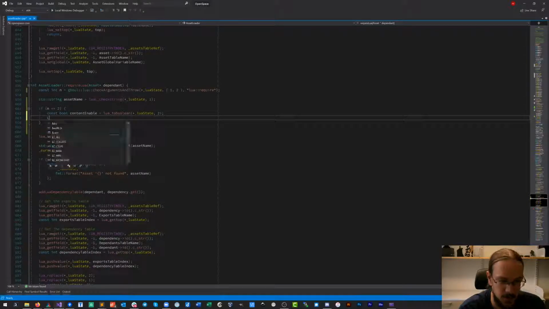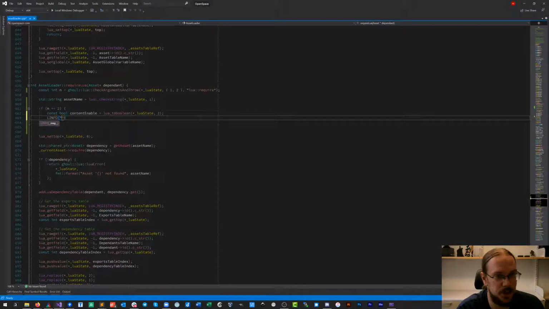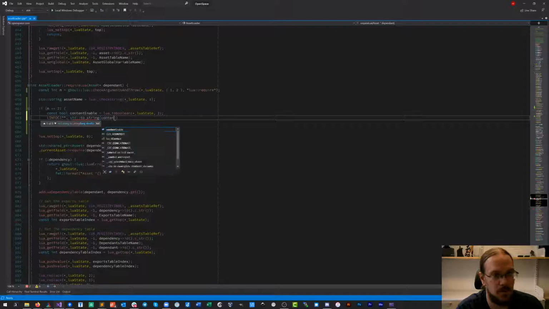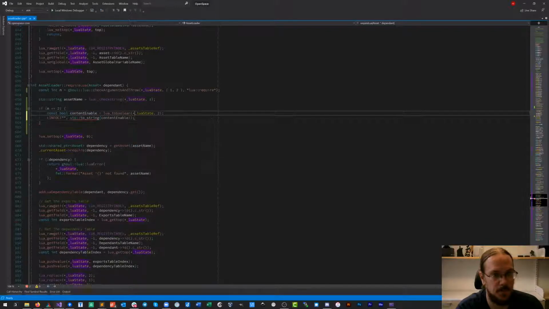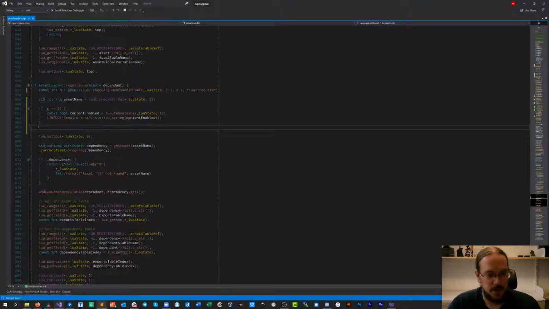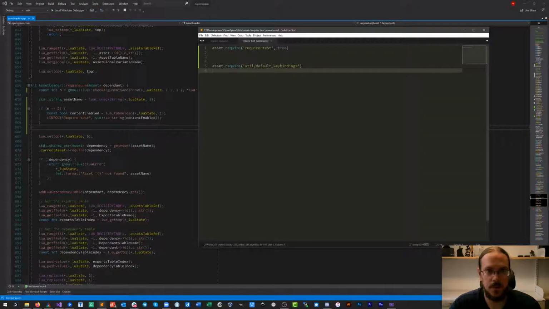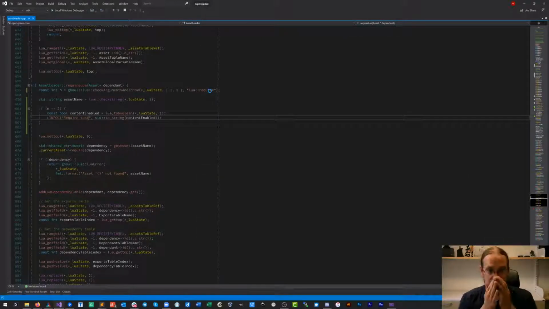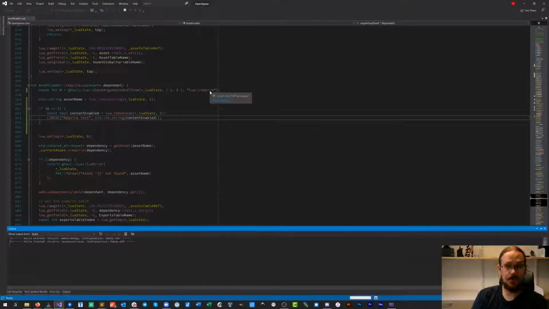So just making sure that everything's working, let's print that one out. So now when we run this, we should be seeing true in here for the require test printed to the console. So let's see how that works.